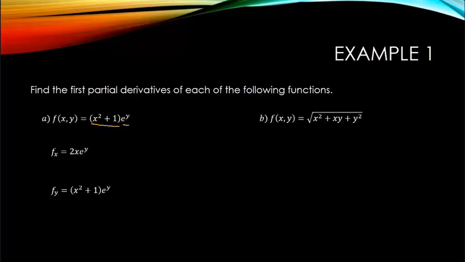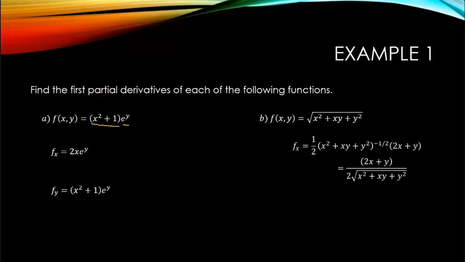I get the quantity x squared plus 1 times e to the y as the partial derivative of f with respect to y. For my second function, f of x, y is equal to the square root of the quantity x squared plus xy plus y squared, fx will be given by 1/2 times the quantity x squared plus xy plus y squared raised to the negative 1/2 power times 2x plus y. Notice that I have to use my chain rule here. I'm going to simplify that a little bit. I get the quantity 2x plus y over 2 times the square root of x squared plus xy plus y